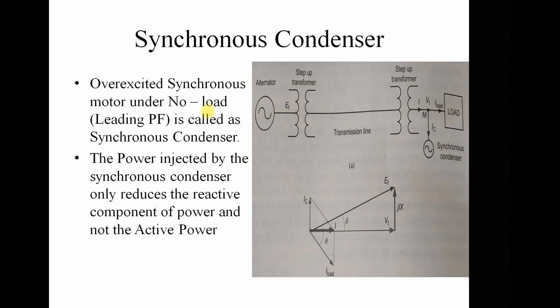Since we have seen this overexcited synchronous motor in the previous video itself, why are we seeing it again in this video? It is because the application of this synchronous condenser in the power system is going to be wide in nature. Since the loads in the power system are going to be very big and lagging in nature, the power factor of the system may not be maintained at 0.85 as our supply provider may want.